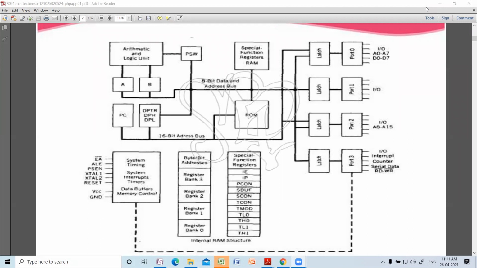So, even though you are having more, it was not beneficial for performing a pilot job. So that is why 8051 has become more popular. 4K was more than sufficient for storing the program code. Anyway, for storing the data, your 128 bytes of RAM, in the 8052 it was having 256 bytes of RAM.